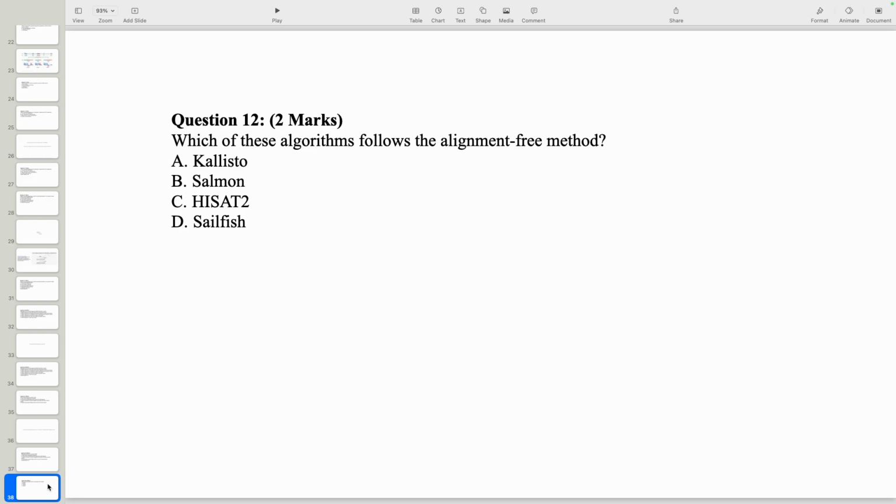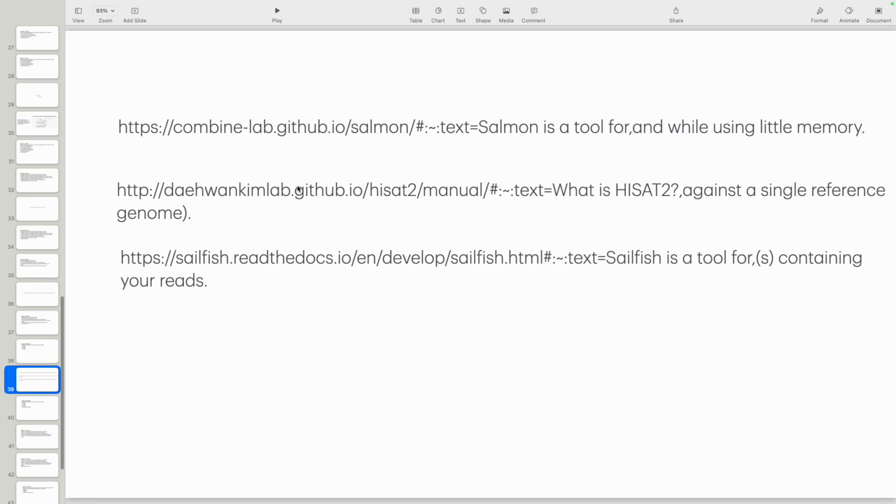So we'll move to our next question, question number 12. Which of the algorithms follow the alignment free method? So these are for the quantification of the reads that we are getting, and in this question what is asked is, how many of these quantification tools follow the alignment free method, where we do not actually align our reads to the reference and then quantify, we are directly quantifying our reads. So I'll share a few links for